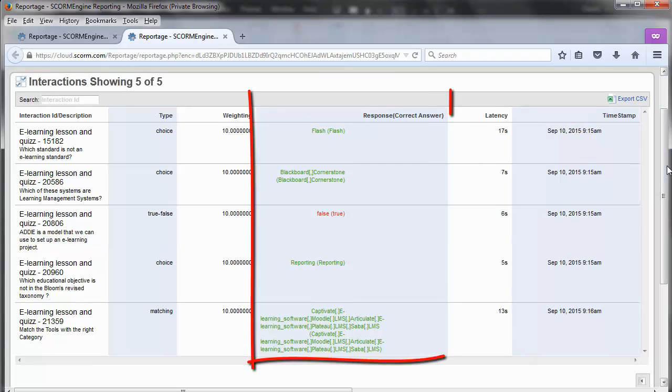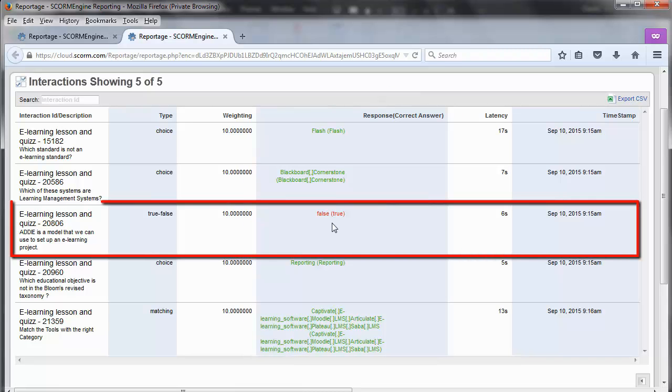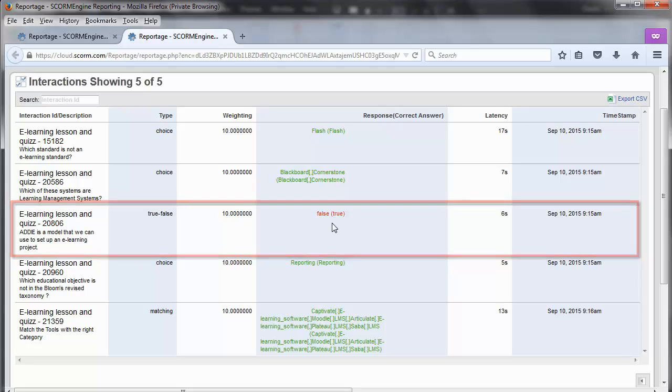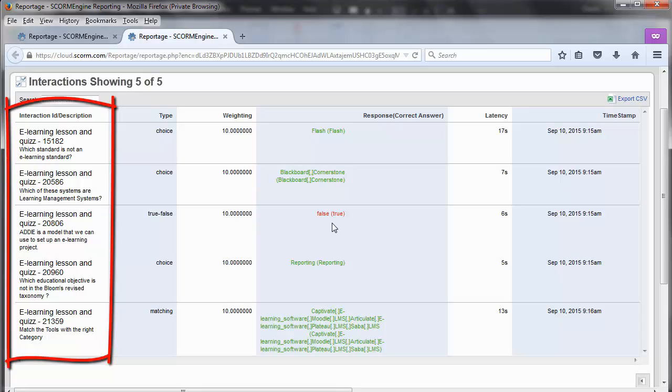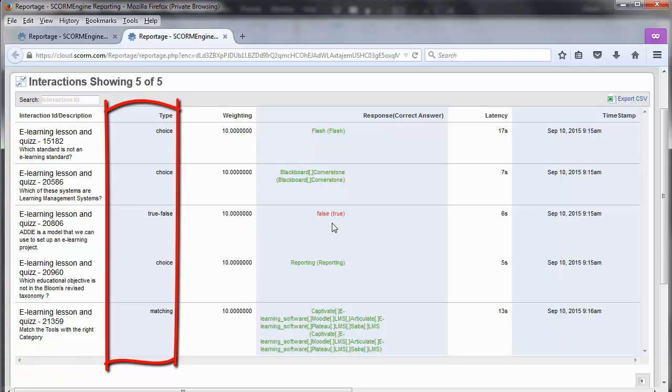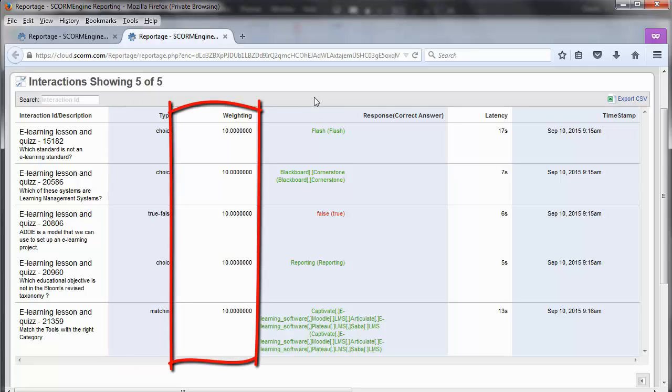The correct answers are in green, the wrong answers in red, and we can see the wrong answer I've given. We can also identify each question, their type, and weight. In this case, 10 points are marked as defined in Captivate.